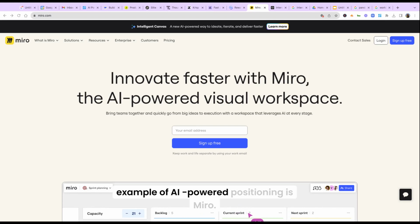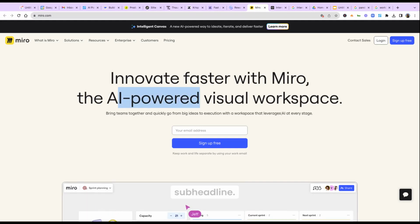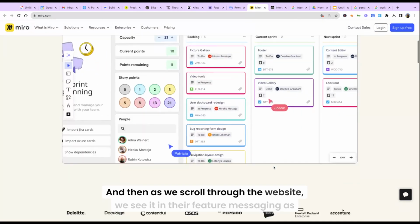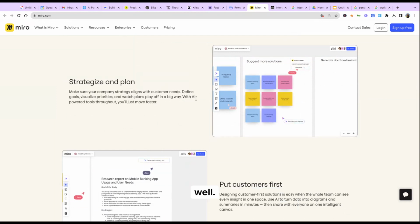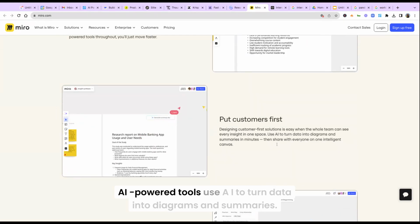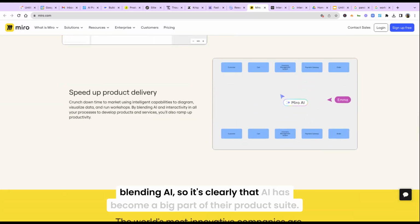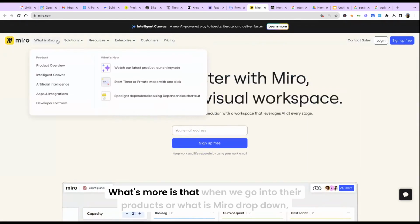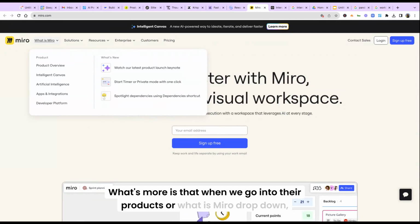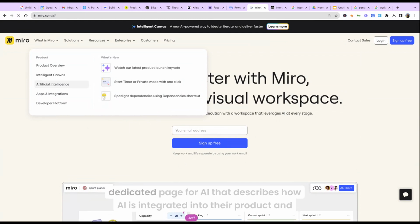Another example of AI powered positioning is Miro. Again, we can see AI powered messaging right in their headline, as well as a subheadline. And then as we scroll through the website, we see it in their feature messaging as well. AI powered tools, use AI to turn data into diagrams and summaries, blending AI. So it's clearly that AI has become a big part of their product suite. What's more is that when we go into their products or what is Miro drop down, there's actually an artificial intelligence section where they have a dedicated page